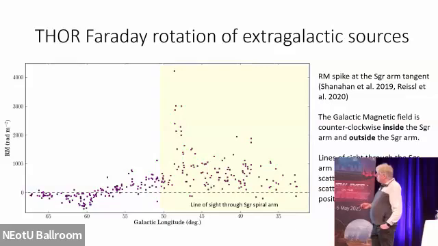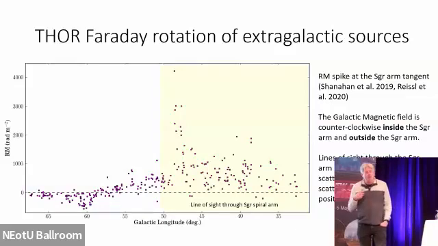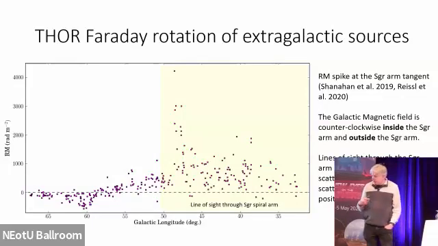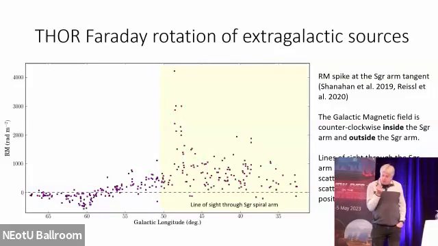Now, that region of positive Faraday rotation has been known for a very long time, and you may have heard about magnetic field reversals, etc. But this spike associated with the spiral arm very much ties that positive Faraday rotation to the arm. There must be positive Faraday rotation outside the arm as well, because we see it at higher longitudes. But this really ties it, the magnetic field must be what we call counterclockwise in that arm to get this